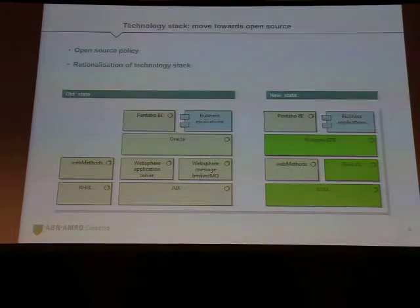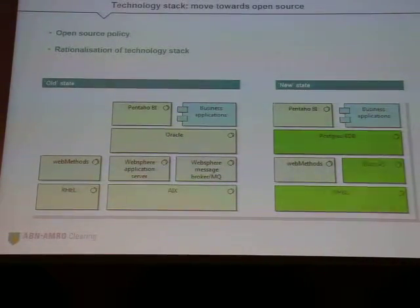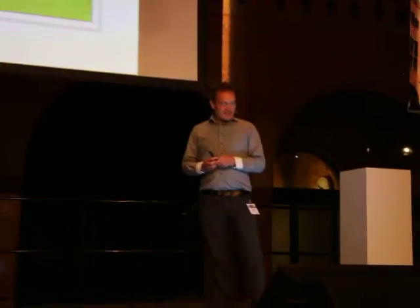Next step was the middleware software. To be honest, it had quite a bigger impact than the operating system level, but what we did there is we moved from WebSphere messaging to webMethods messaging, JMS messaging, and we standardized our integration layer technology on webMethods Integration Server. That's a product from Software AG. And the last step, and that's what we're going to talk about today,